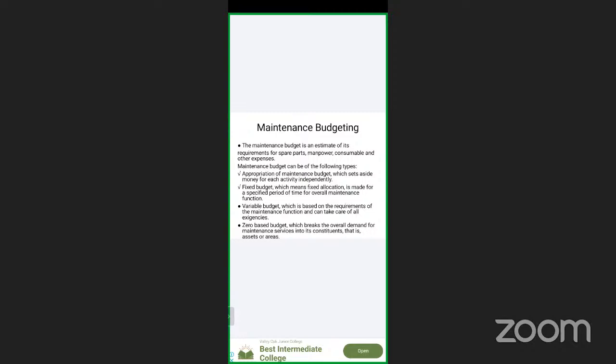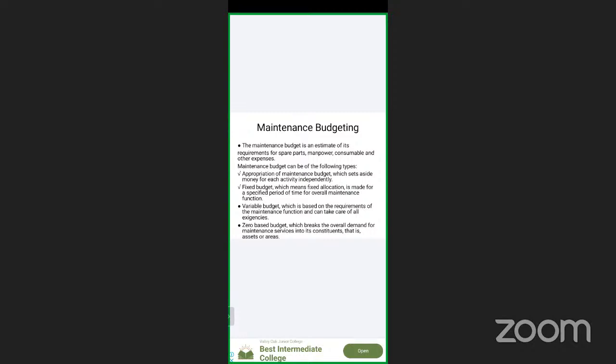Okay, so no further allocation will be done. Whatever might be, I have to use only that much amount. Beyond that amount, I am not spending. Okay, that is a fixed budget. Irrespective of how much maintenance activity is going on, in a year you are spending only the fixed budget, right? Then you have